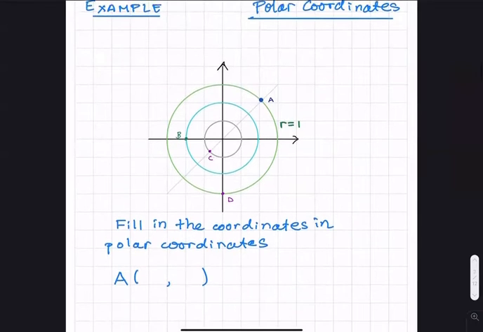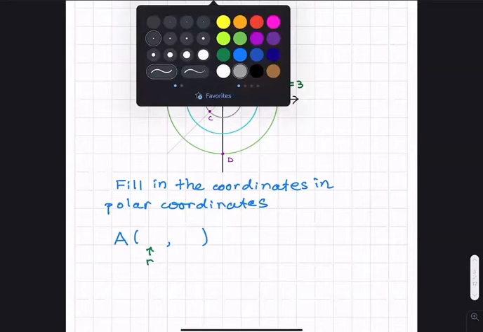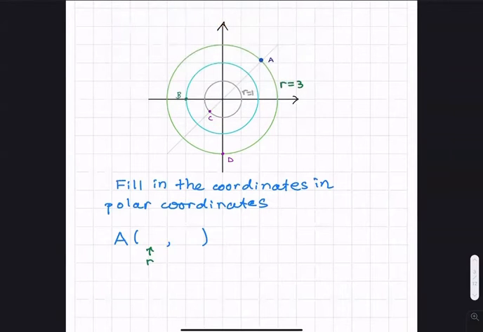So when I have polar coordinates, the first coordinate is r. Oh, sorry, I already started off with the wrong one. That's radius equals 3. So the gray is radius 1, then the blue is radius 2, and then the green is radius 3. So I can just go ahead and